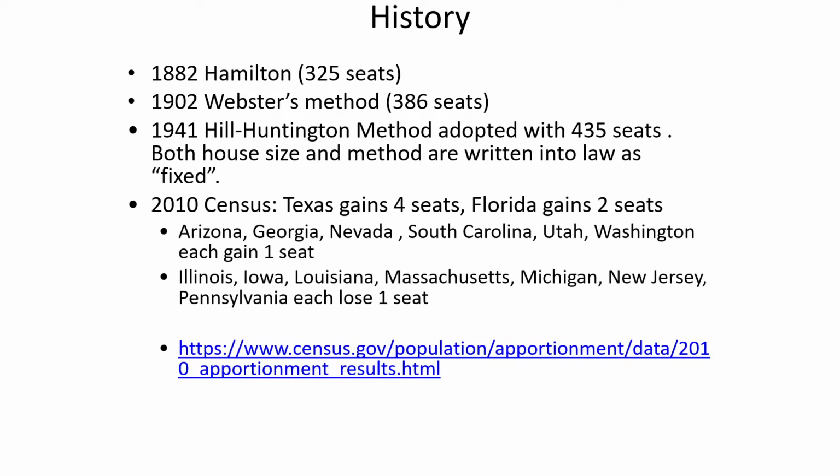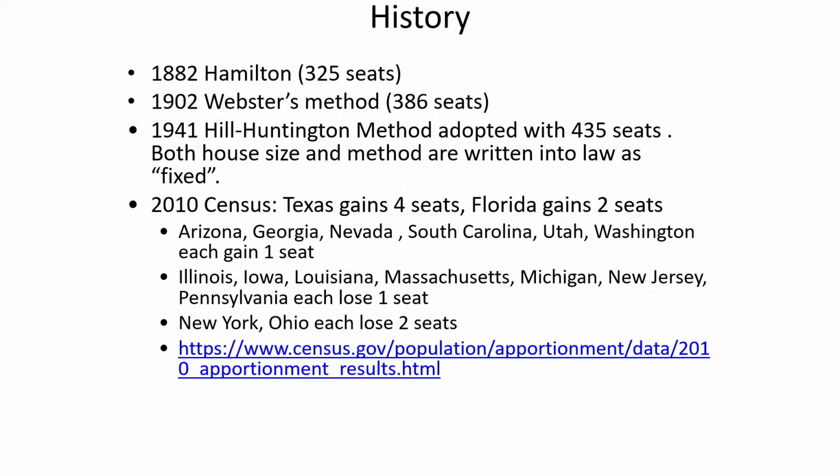So in 2010, we have this census. I haven't updated this for 2020, but we could look this up. In 2010, we had this shifting around: Texas gained 4 seats, Florida gained 2 seats, a bunch of states gained 1 seat, a bunch of states lost 1 seat, and we lost 2 seats back in 2010. We lost another seat in 2020 because our population is not growing, and other states are growing certainly faster, but yeah, Ohio is pretty stagnant right now.